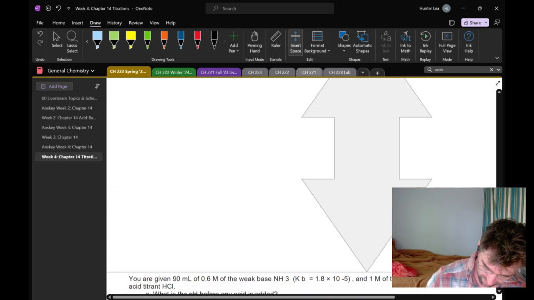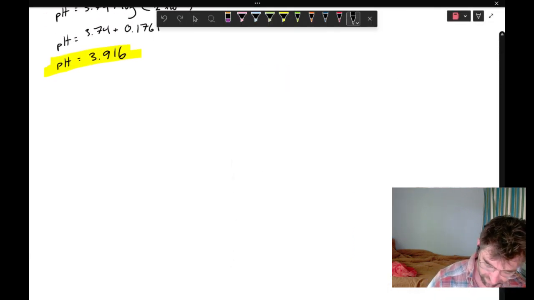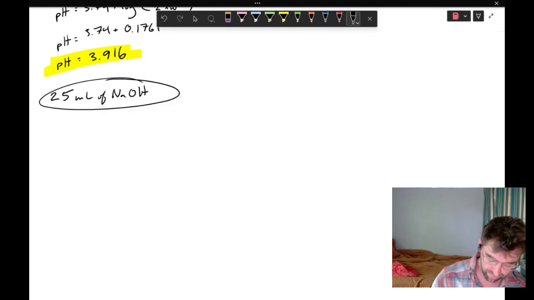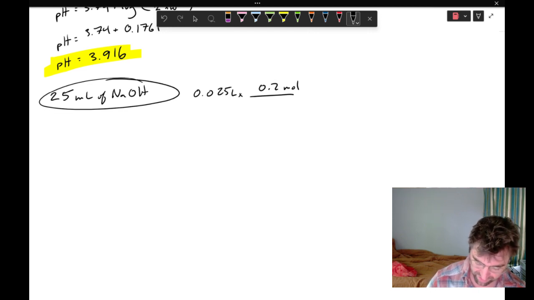Just giving myself a little bit more room to work with. All right. So now we're doing 25. So we got to figure out how many moles we have. But we're going to follow a very, very similar process. It's 0.2 molar gives us